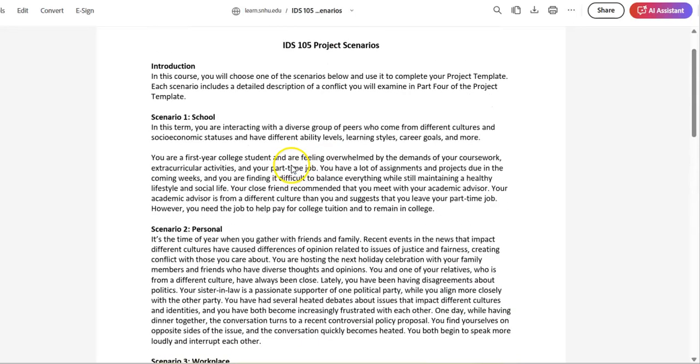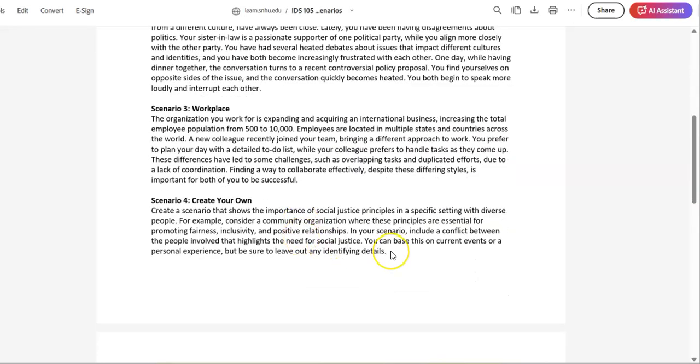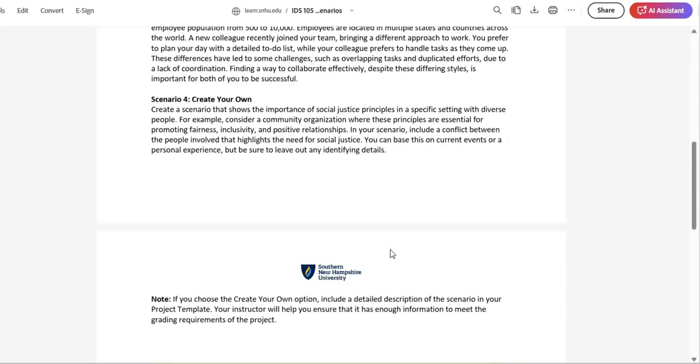So again, pick one and you stick with it all term long. School, personal, workplace, or create your own. Now, if you create your own, it is so important for you to understand that you have to have all pieces and parts of this. So when you go to turn in your very first project draft, if you choose to create your own one,